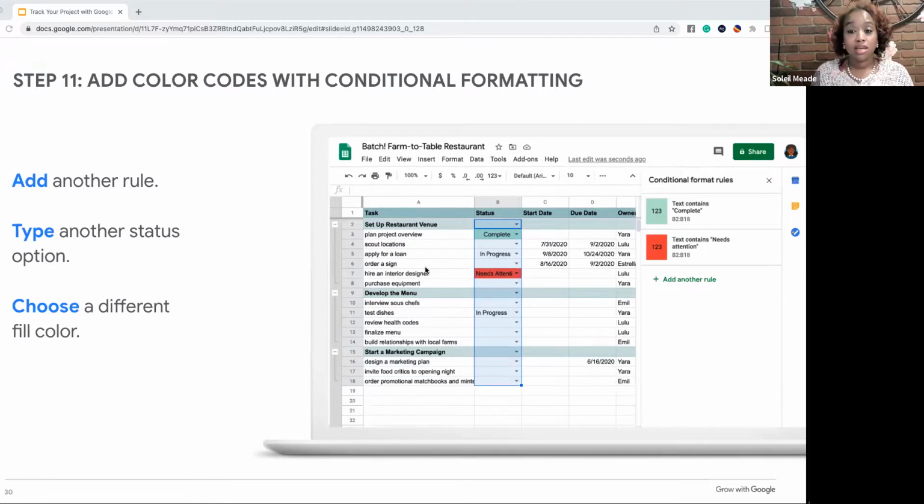So next, if you have more conditional formatting rules that you want to apply, at the bottom and the right-hand side, you will see the option to say add new rules. So you created one for complete. Now let's create one for in progress. So you would go to the same thing, and where it says text contains in progress, you would make that